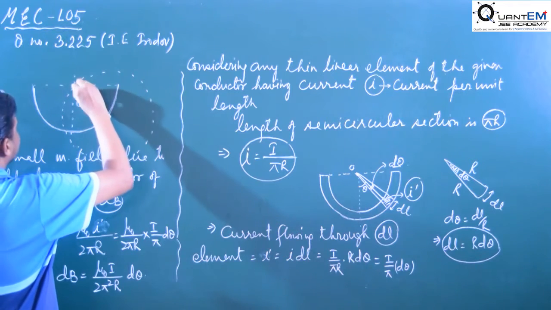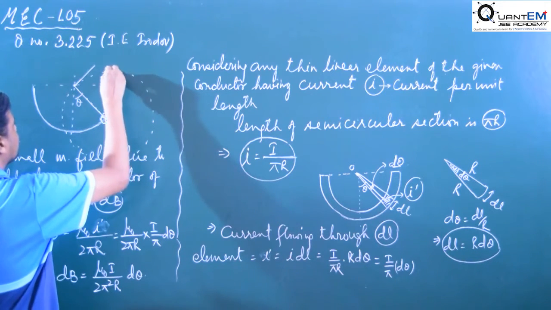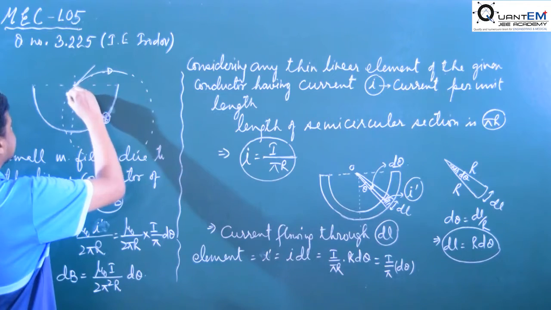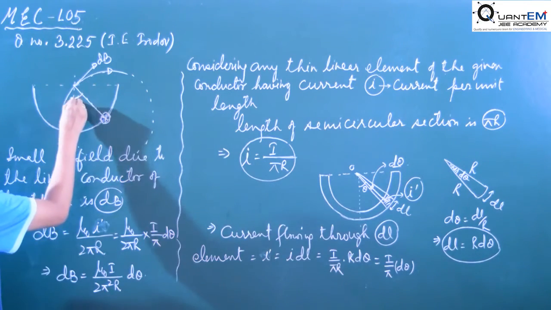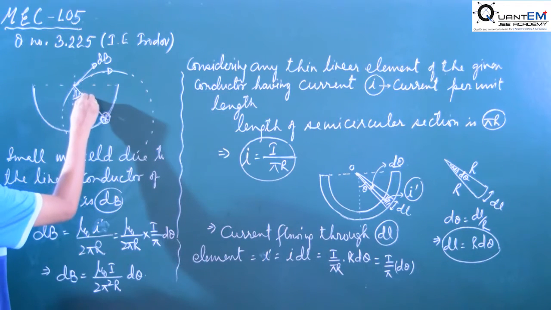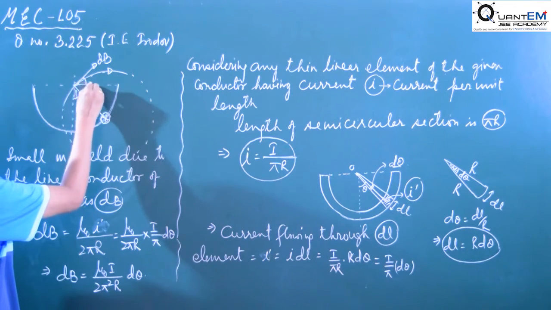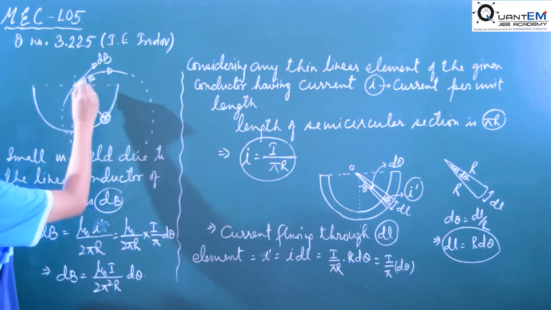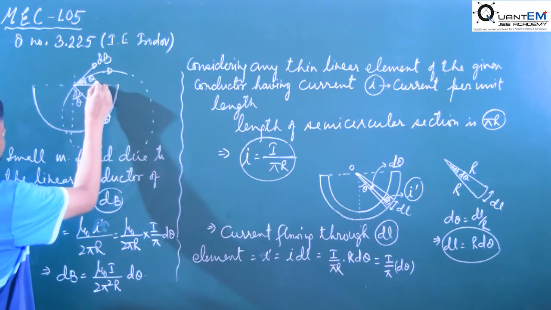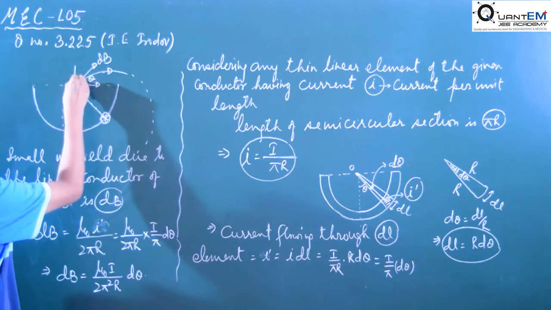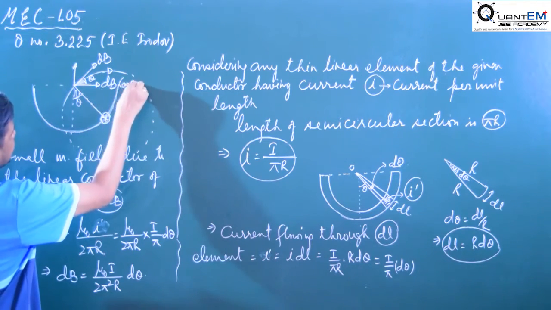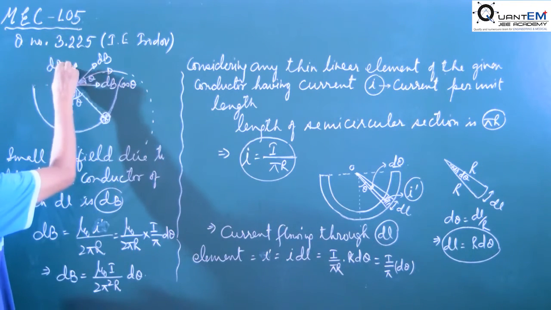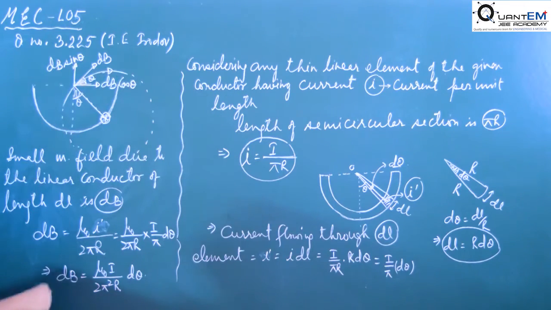Okay, so the magnetic line of force is like this in the direction. We take the tangent, it is the direction of dB. See, if this angle is theta, then this angle is 90 minus theta. Then this angle we have theta. Due to this theta, this dB has two components. One is dB cos theta and the other one is dB sin theta.